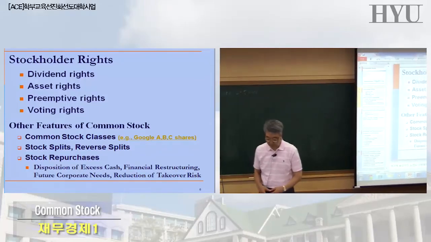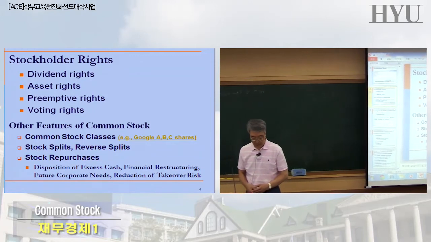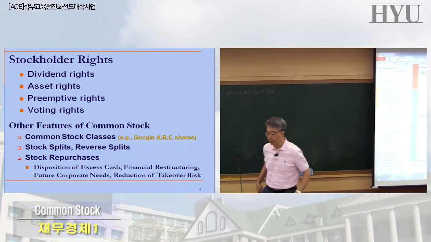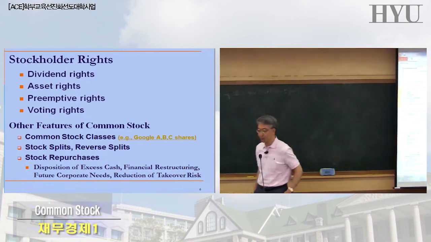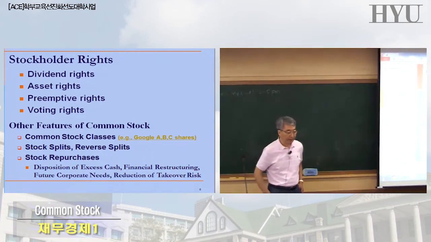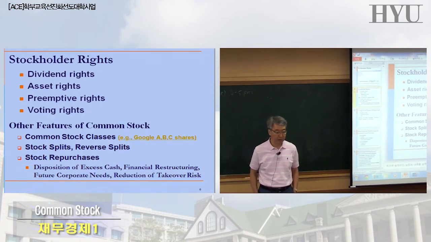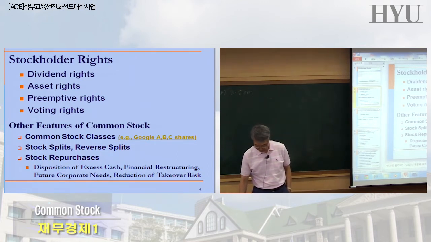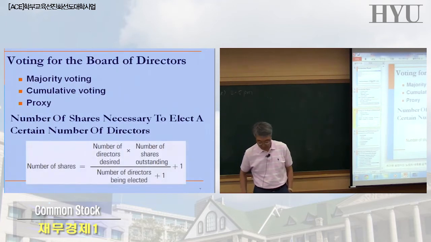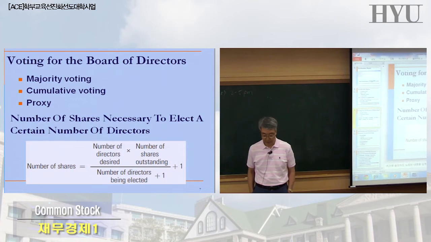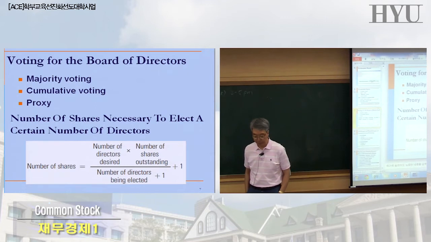So we are in the middle of chapter 7, which is about the variable income security, in other words, common stocks. Last class we talked about some definitions and some introductory concepts of stocks, and let's continue with that. Voting is a very important right for common stockholders, and there are a few different concepts relating to voting.